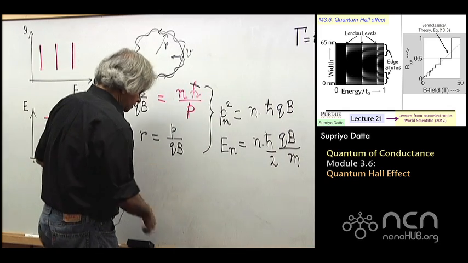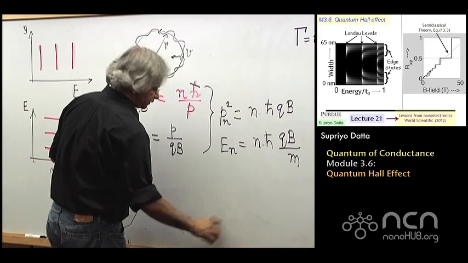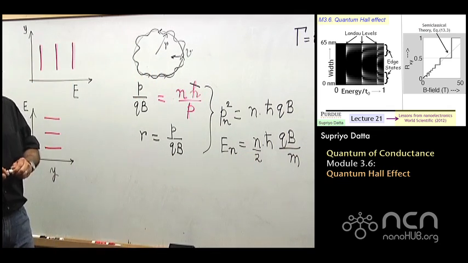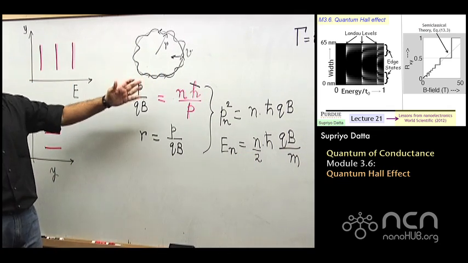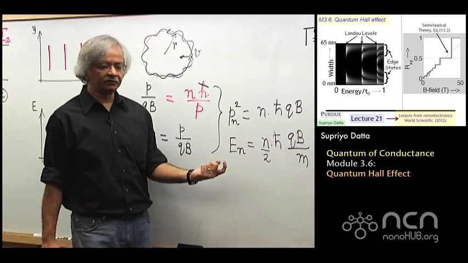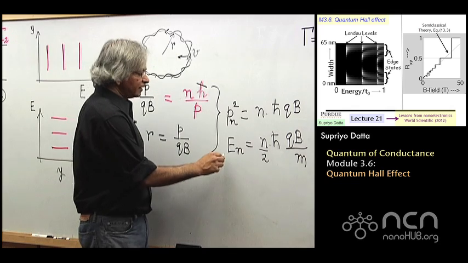Okay. Well, this is roughly the right result except for a factor of 2. This is a very simple argument, and the basic fact is then that electrons in a magnetic field have energies